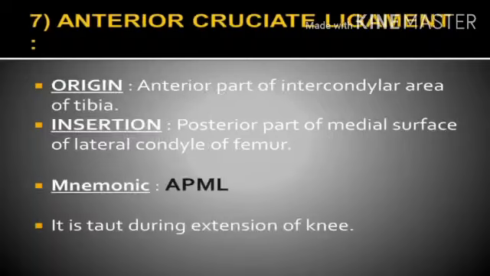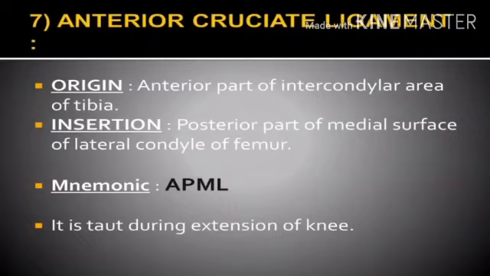Now our next topic is the anterior cruciate ligament. Before learning about anterior and posterior cruciate ligament, we come to know what a cruciate ligament is. They are very thick and strong fibrous bands which act as a direct bond of union between tibia and femur. So they basically help in uniting tibia and femur together. They also maintain antero-posterior stability of the knee joint.